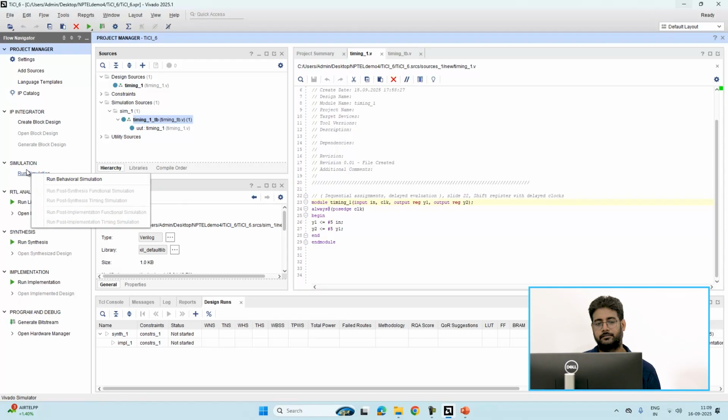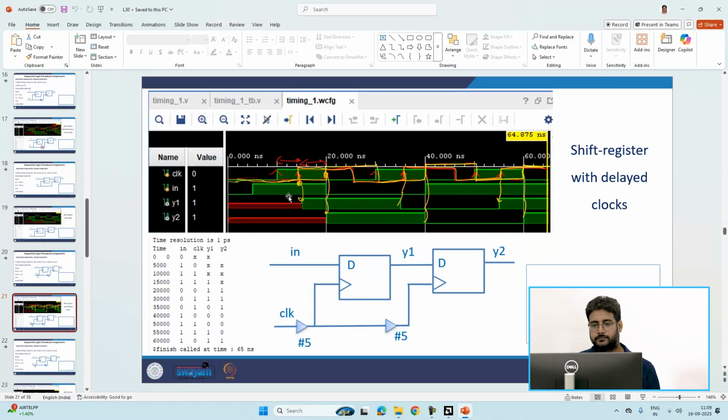So we will run it. So equivalently, for the first y1 it's like the clock shifted by 5 units, and this D flip-flop works. And for the y2, it is as if the clock shifted by 10